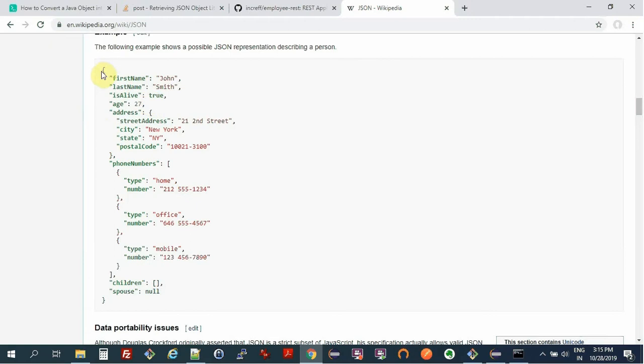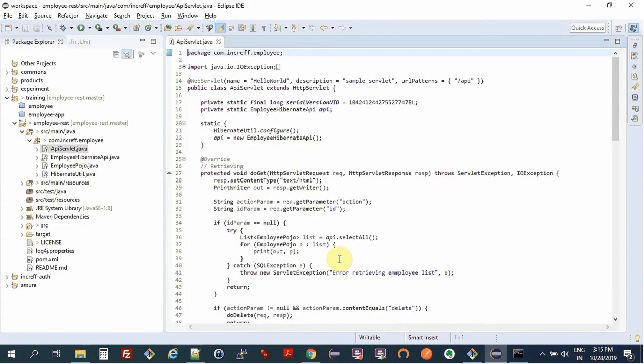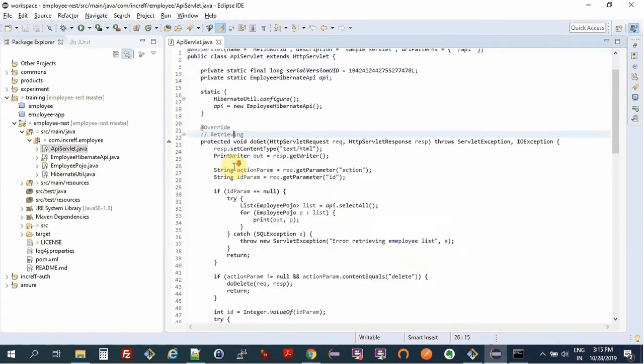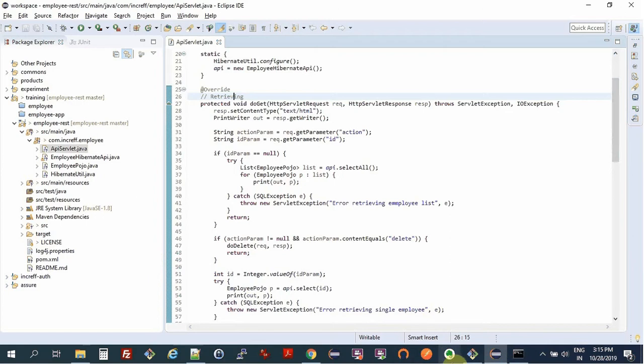So this is how a JSON structure looks like. If you can see, I can store information about a person like this. I can also store an array, and you can store nested object structures also. So without wasting time, let's work on this. One more thing,